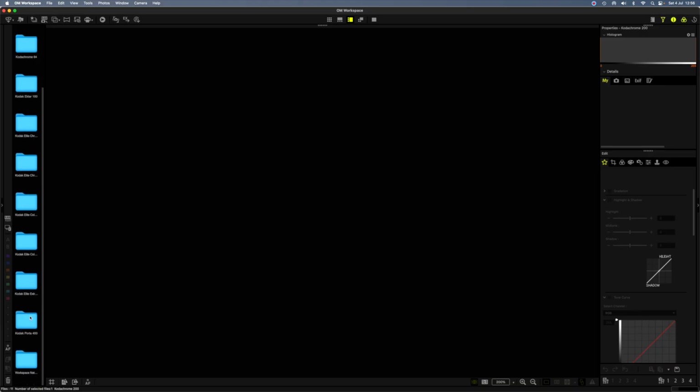So the way I did it is I created 17 photos. I did 17 raw conversions in Workspace using the natural picture mode and basic settings. I did no editing really, but the emphasis was on natural picture mode.